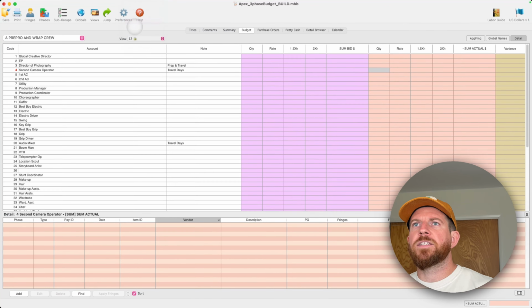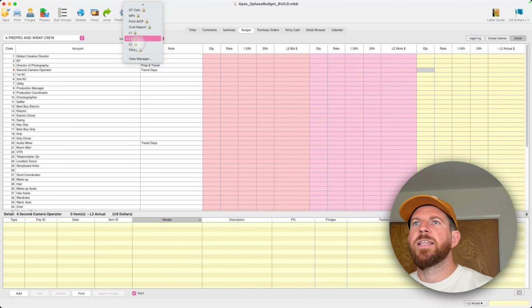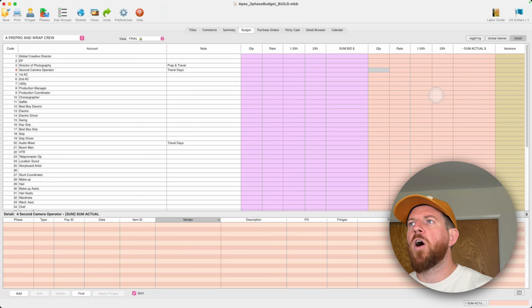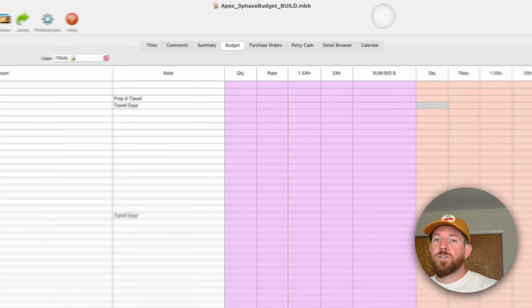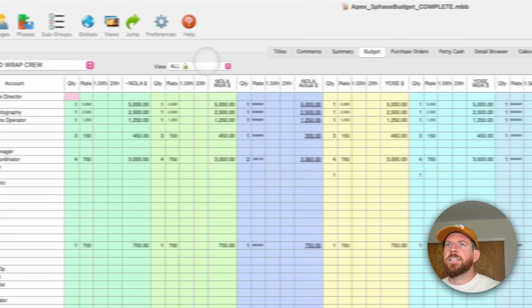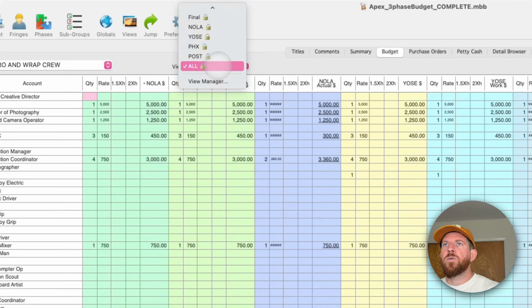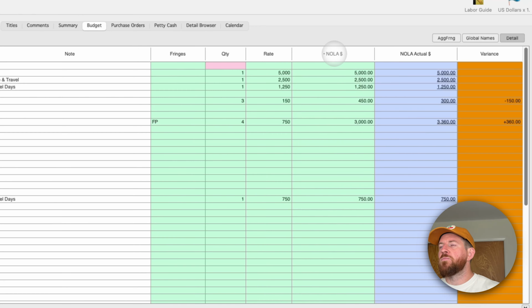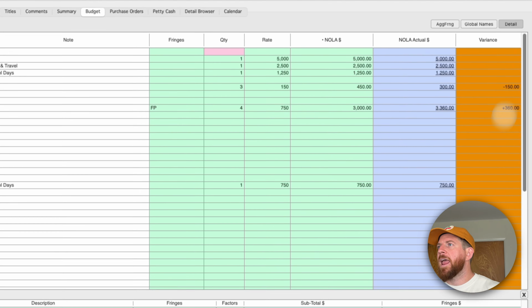We have all four legs of leg 1, leg 2, leg 3, and our final that compares the costs of all of the actuals against the bid and tells us where we stand. So now what we'll do is we will go back to the original budget that I had shown you guys and see how I have the view is all up here, but we can go up and we will do the NOLA one, which was the first one. So you can see I have my actual compared to NOLA, which is just my regular bid, and the variance